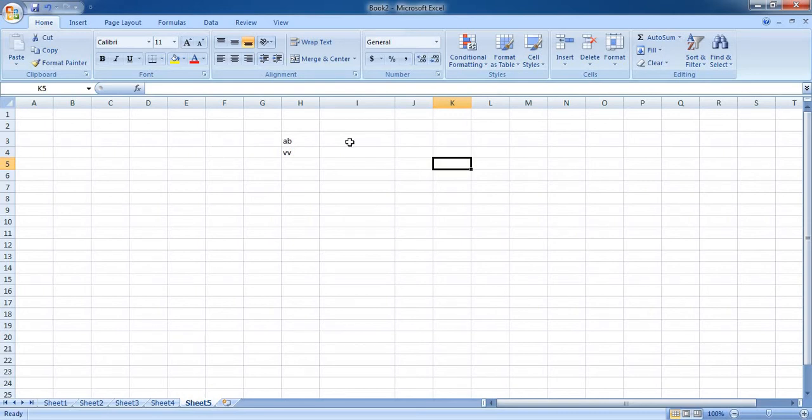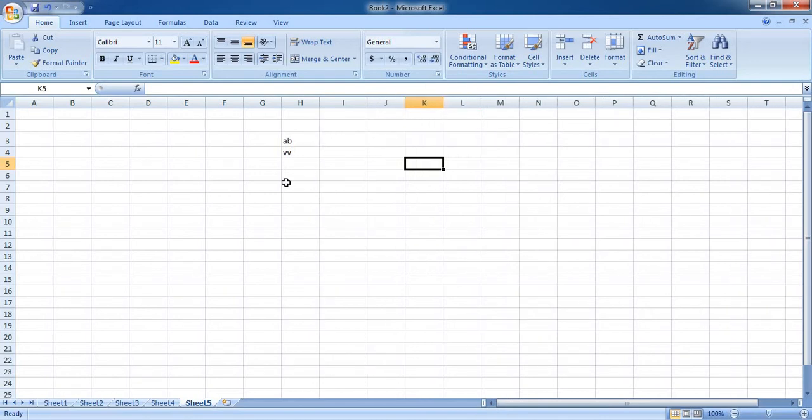In order to increase or decrease row height or column width, you will have to select, or drag in or drag out, the borders available with these references. Not the borders available in the worksheet, but you will have to select the border which is available with the column references, that are alphabets, and row references, those are numbers. So this is about the shortcut to increase or decrease the column width or row height.